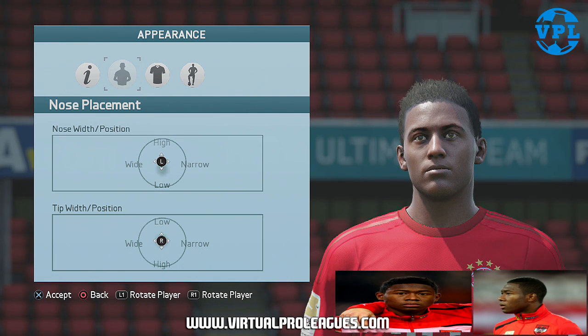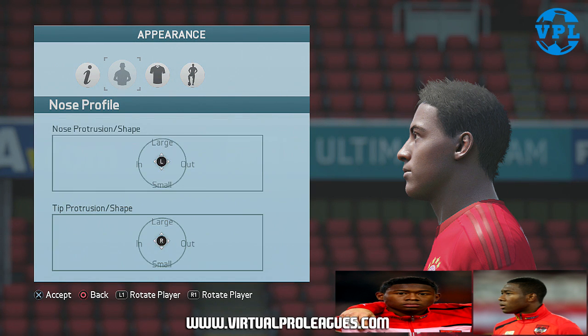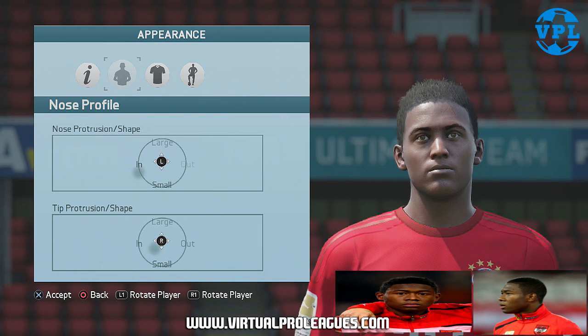It's not as wide, and his end is not as wide. So just go from there, and then we're going to just go to profile. Okay, so bring it right in. Then you start bringing it down to bring that arch bit in. Okay. That's quite small, but we don't want it too small, and in. And then from here,